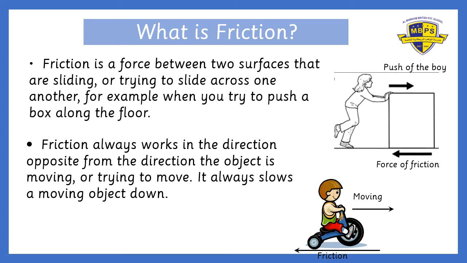For example, the boy in the first example is moving the box on a plain surface, not on a sliding surface. It's a straight surface. But if you have a box which is on a slide, it's because of friction and because of the weight of the box that the box does not come sliding down.